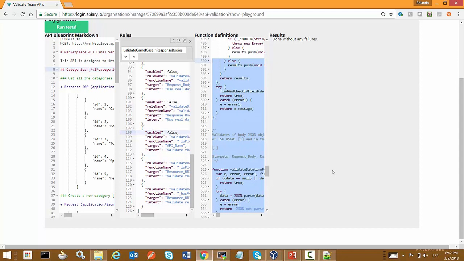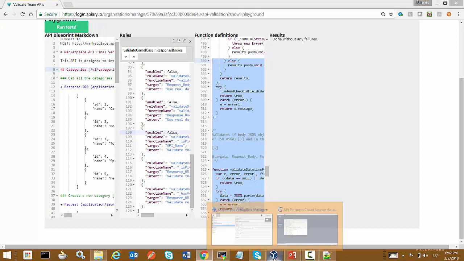Currently, we are using everything from the web UI. So Leonardo has access to the web UI. He's probably one of the API designers, designing this together with some other people. And what if we are not someone who has access to the web UI, but we are playing a role where we just want to validate, to apply the rules to the API blueprints?